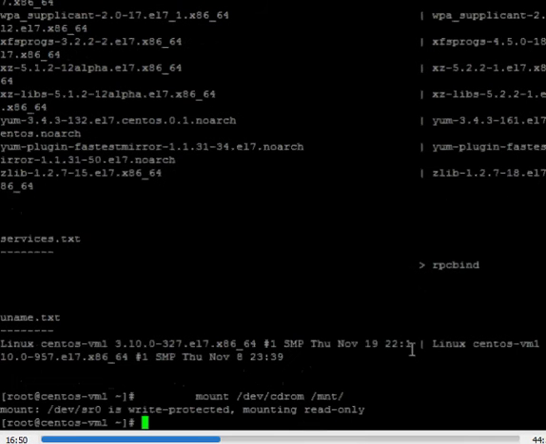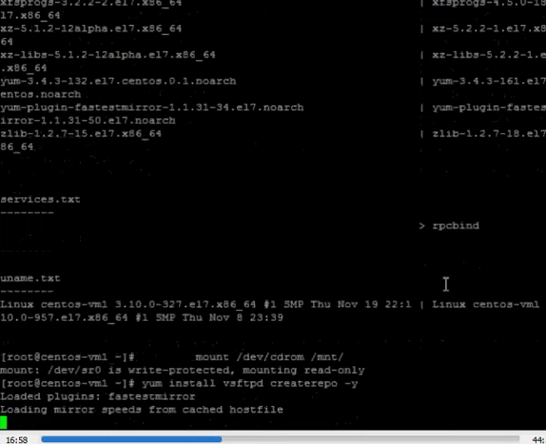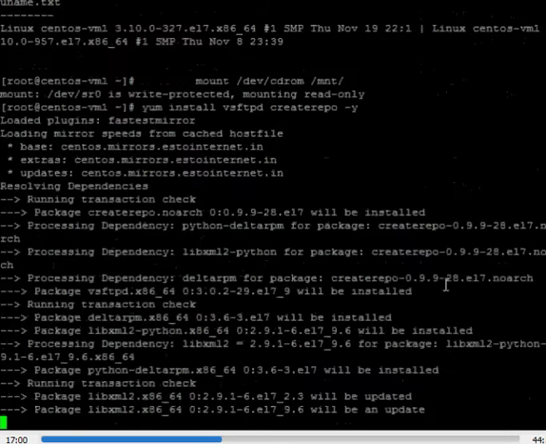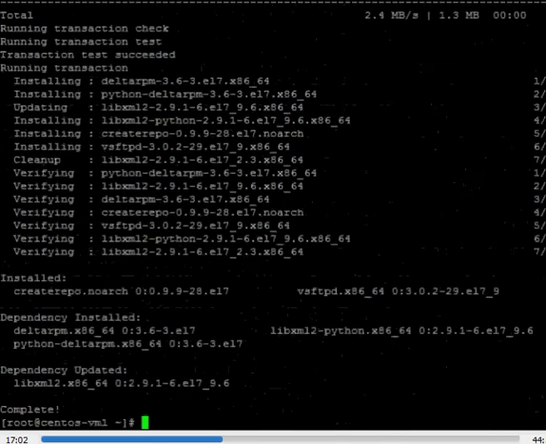Now let's start the practical. Let's mount the ISO image on the MNT folder, and now let's install the FTP and createrepo packages. Let's start the service.